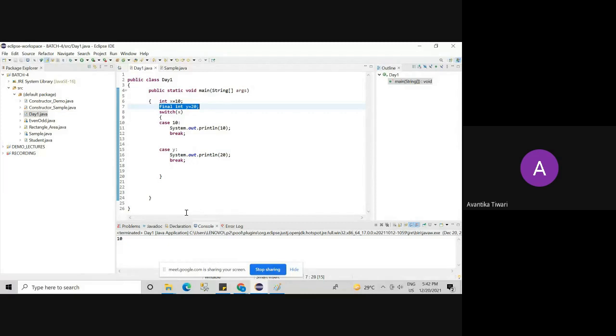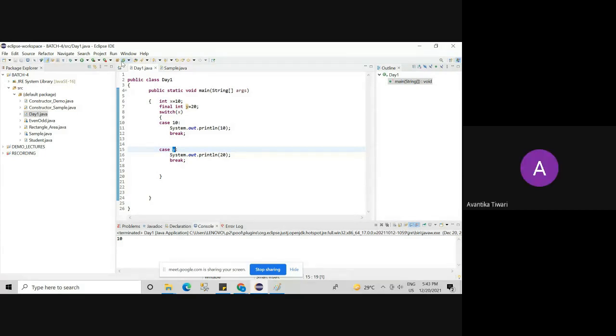All of you, please pay attention. Now we have two variables, and one of that variable is converted into a constant because I am using a final keyword here. With final keyword, you can declare constants. Now in this switch case, I am passing 10, and in the second case, I am passing y. System.out.println 20 and break. But y is not a variable. Y is a constant. So compiler will smoothly execute your program without throwing any error. Okay? Is it clear? Yes, ma'am.